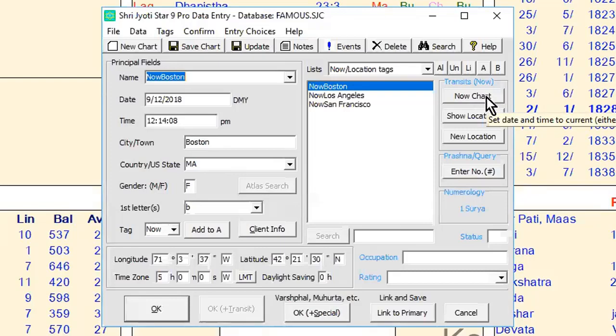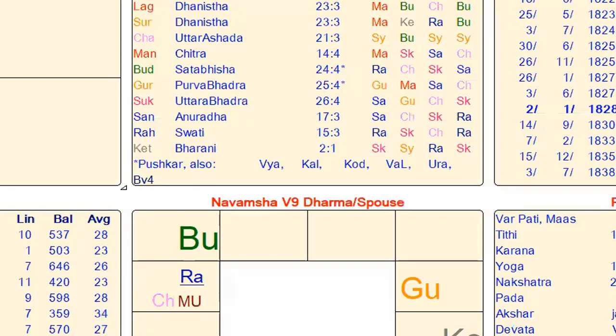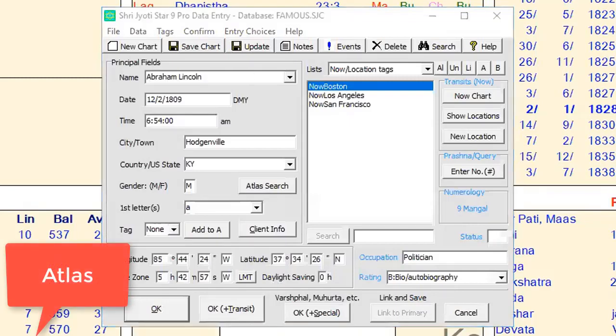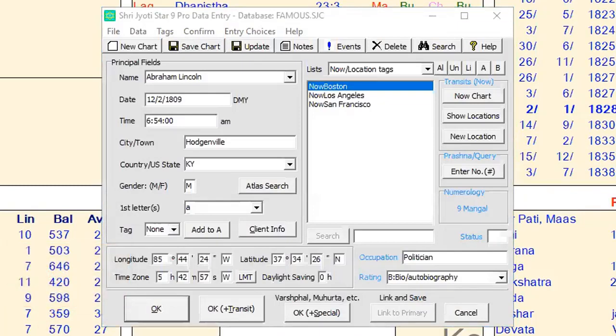For example, let's go back to Abraham Lincoln, and if you click OK plus transit now, it'll give you the Boston transit chart. So that's the concept with locations. It's very straightforward. Now, the atlas tends to work automatically, and so you don't have to do anything really, because